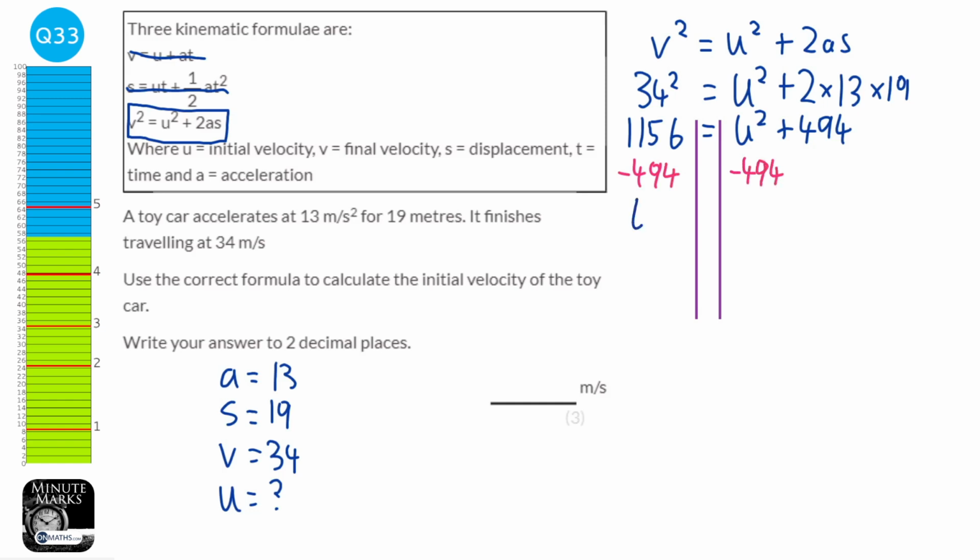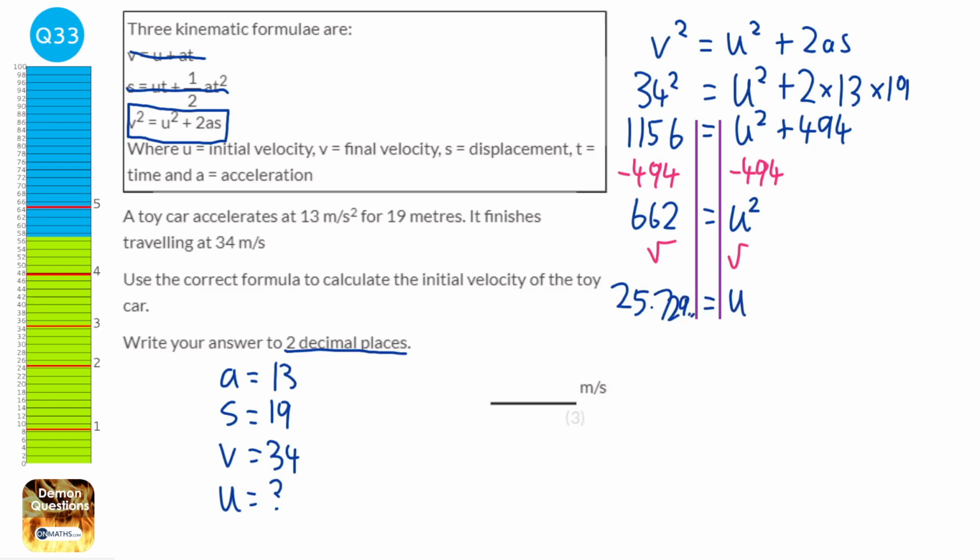And so we're left with 662 equals u squared. Then we're just going to square root both sides. And so square root of that is going to be 25.729 blah blah blah. And it wants it to 2 decimal places, so it's going to be